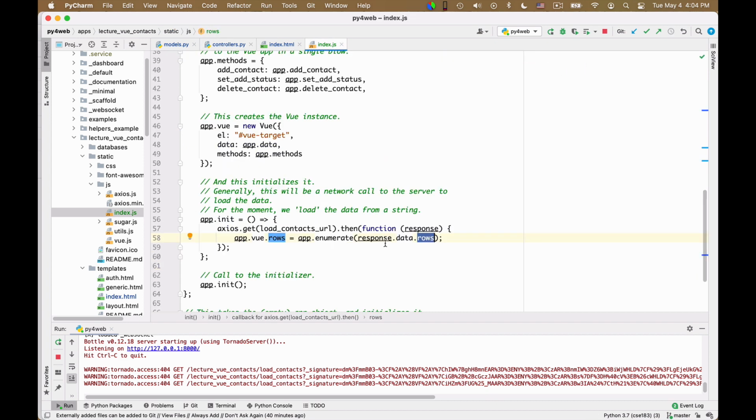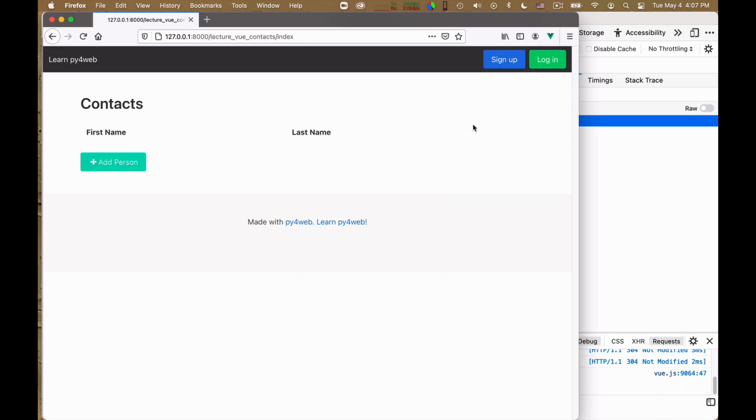Okay, so let's test it. When we test this, I'm testing it in a version of Firefox in which I installed the Vue developer tools. This will make some of the testing quite easy, and it's something that I always like to do. So I can load the page. I've of course already restarted Python Web so that the changes are compiled in. So when I reload the page, that's what I see. There is this sort of semi-ugly initial glitch. Maybe we will eliminate it later, but then I see this.